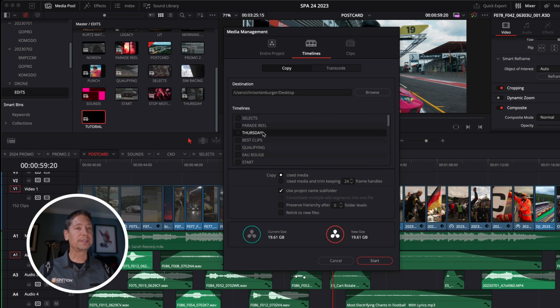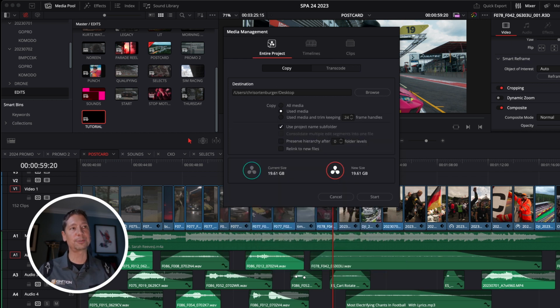These are broken down by day, or basically whatever the sequence or timeline that I created will be an option in this media management. Now, I can export the entire project, everything that I used, and it would be a staggering 19 gigabytes. If I used all media, it would grow even more so. So what I can do is simply select, okay, I want to copy all the media or just the media